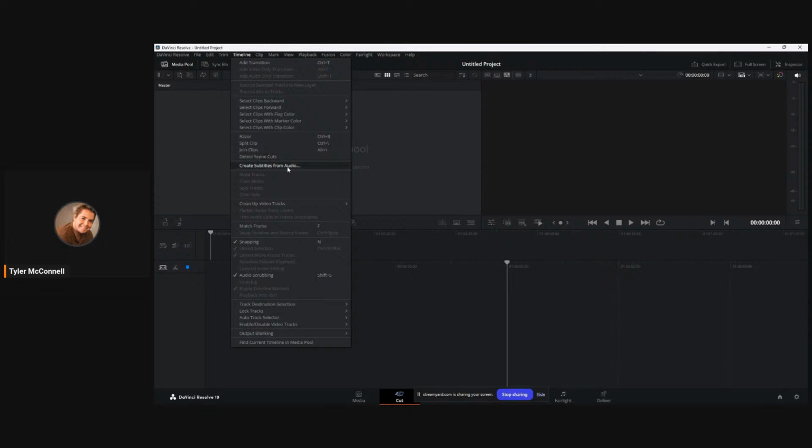Detect scene cuts. Create subtitles from audio. That's very helpful. Clean up video tracks. Mute tracks. Clear mutes. Solo tracks. Clear solo. Clean up video tracks. Change unused clip color, flatten audio track layers, trim audio edits to frame boundaries, match frame, swap timeline and source viewer, snapping, link selection, linked move across tracks, selection follows playhead, layered audio editing, audio scrubbing, jog, loop jog, ripple